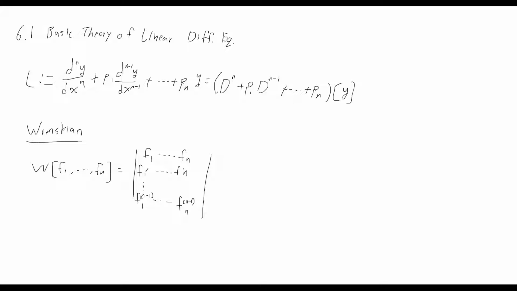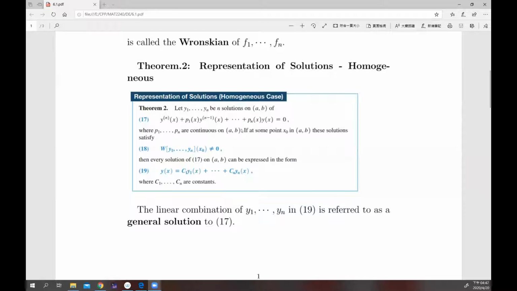Now let's move on to Theorem 2. Theorem 2 gives us the representation of solutions to the homogeneous case, pretty similar to what we saw in the beginning of the class. Let y1 up to yn be n solutions on (a, b) for this differential equation right here. As you can see, it's a very high order differential equation where p1 up to pn are continuous on the domain (a, b). If at some point x0 in (a, b), the Wronskian of the y's is not equal to 0, this is the crucial part, not equal to 0,